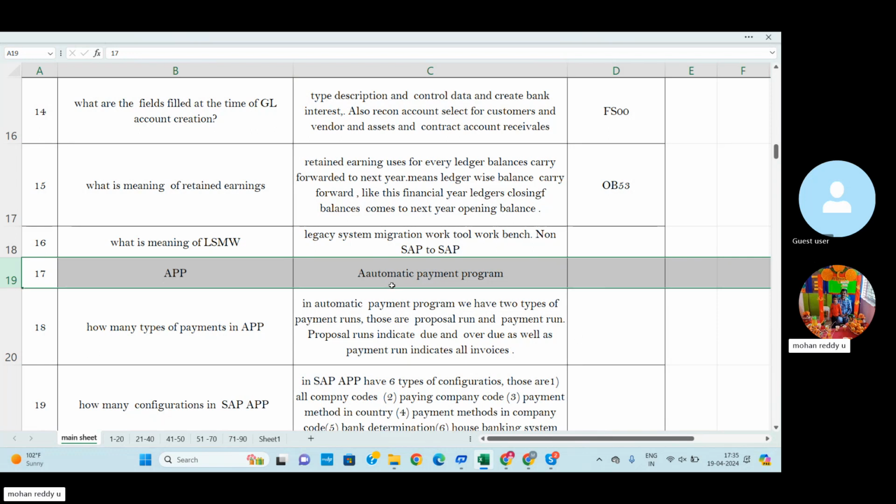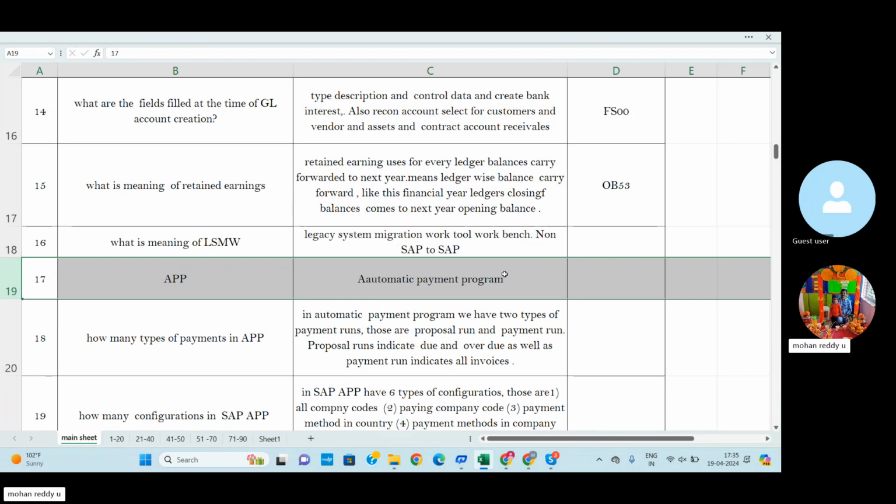In the APP system, there are a number of configuration steps. If each configuration is done, then each vendor's total invoice value, like outstanding dues, will be cleared within a fraction of seconds.